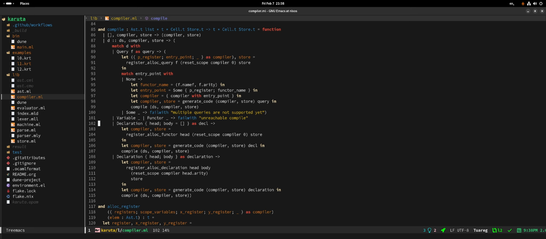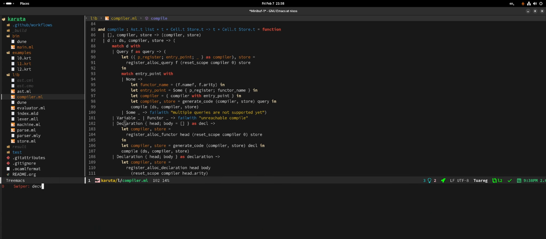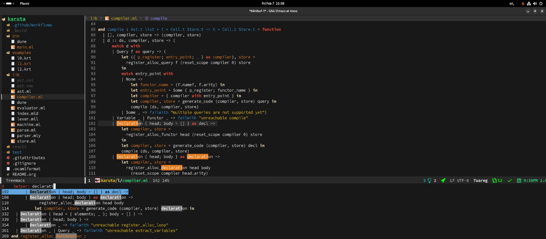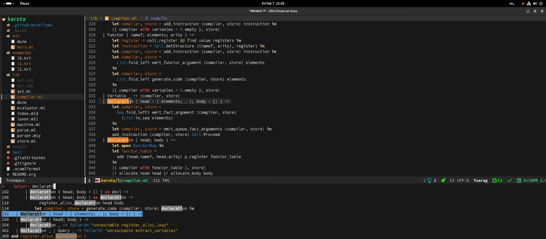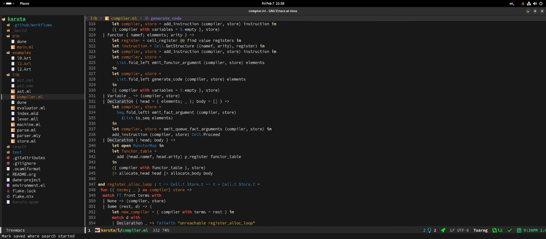This is compilation. Yeah, no, code generation. Okay, code generation then. It's this one. You see, in the case below, before we start emitting code, we update the functor table. That's what we need to do.